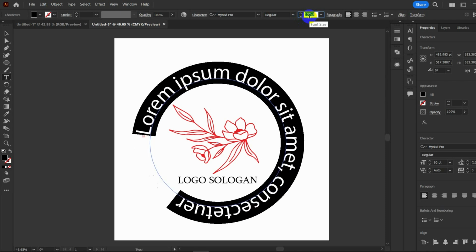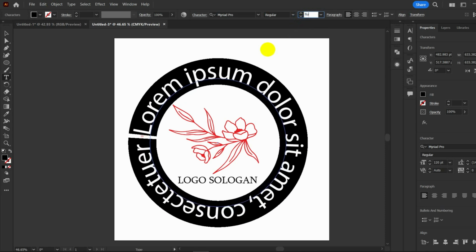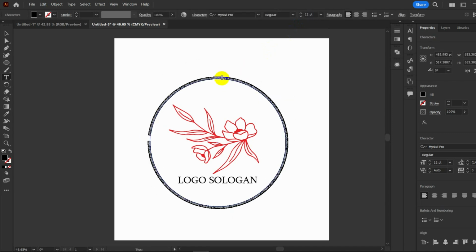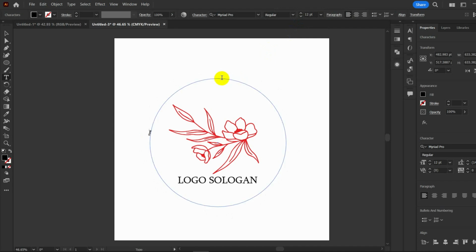Next, select the Text tool from the toolbar. Click on the text box to add the desired text. You can adjust the font, size, and color of the text using the options in the toolbar. To add the text to the circular path,